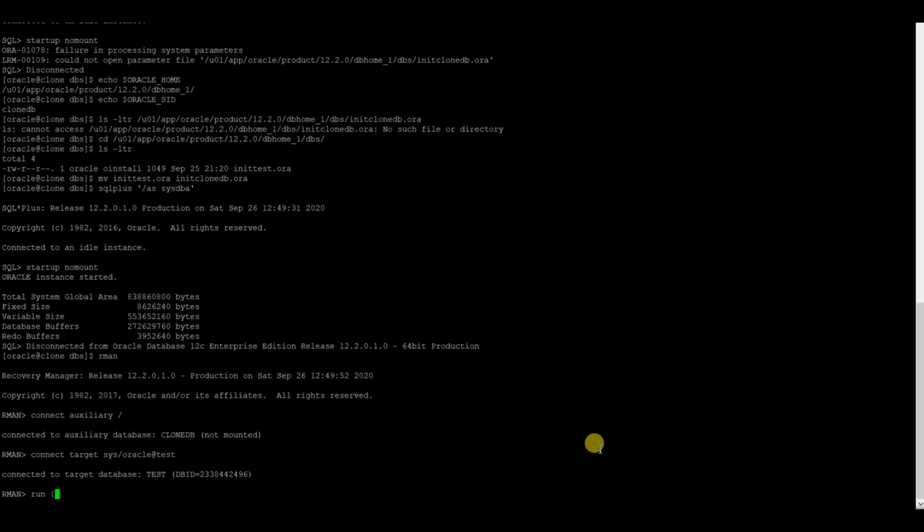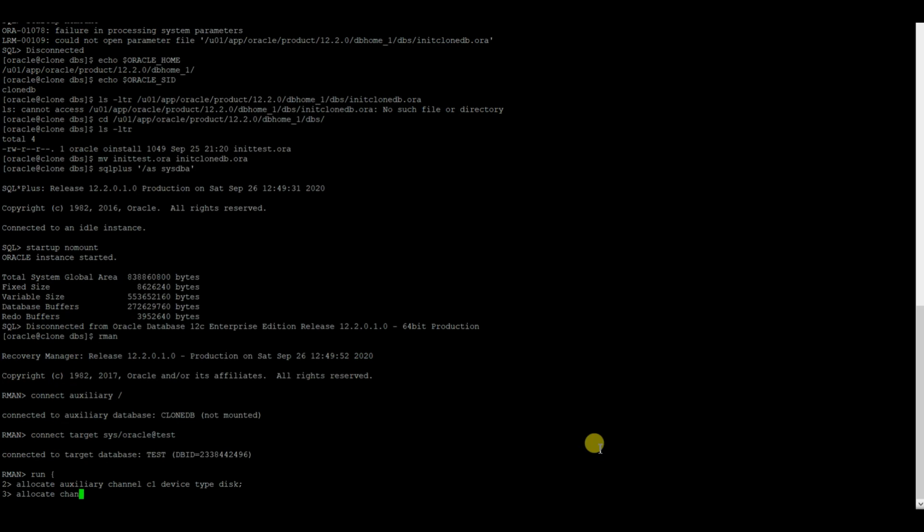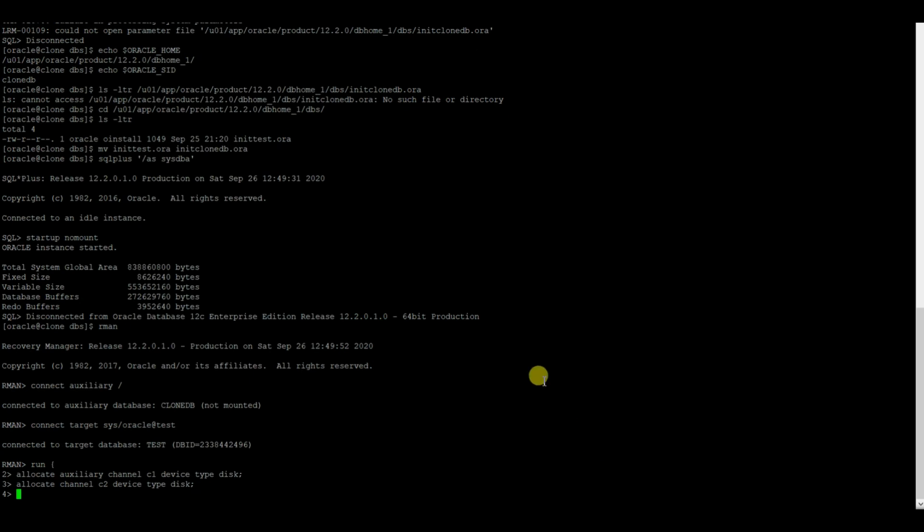We need to open the run block, then allocate auxiliary channel C1, device type is disk, then allocate channel C2, device type is disk, then my command duplicate target database to CloneDB, then nofilenamecheck, then noredo.